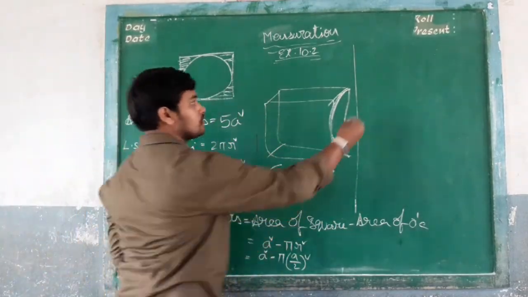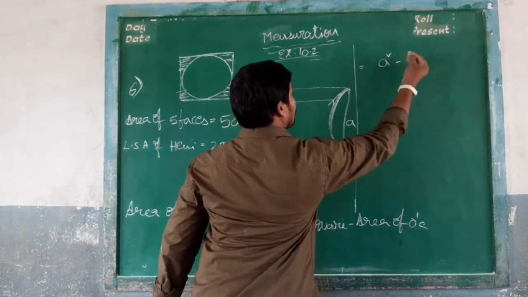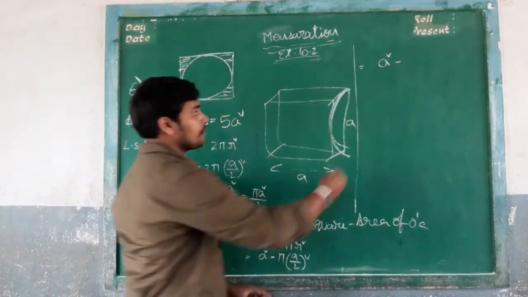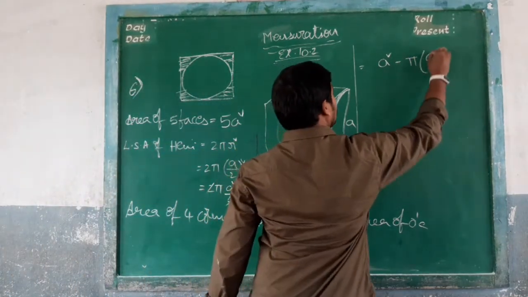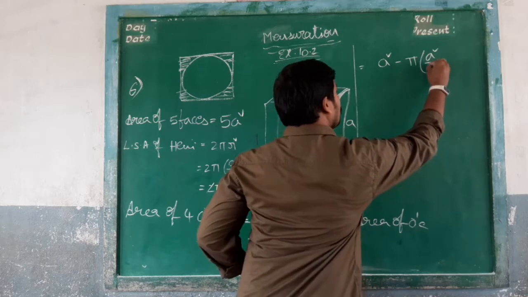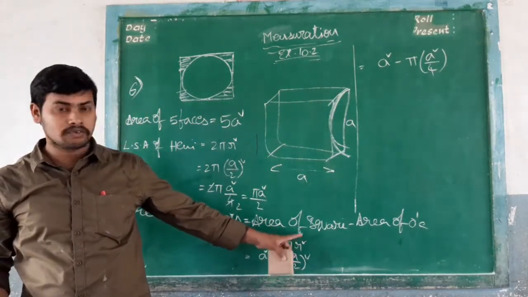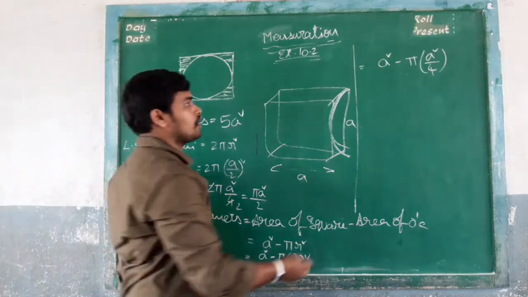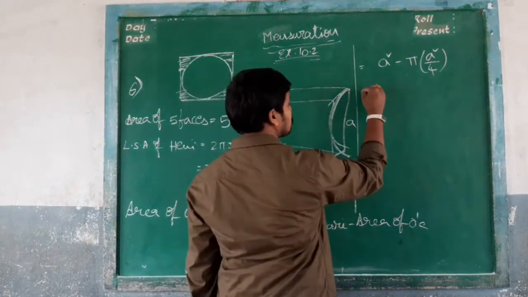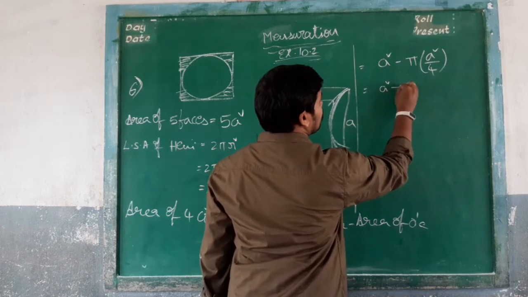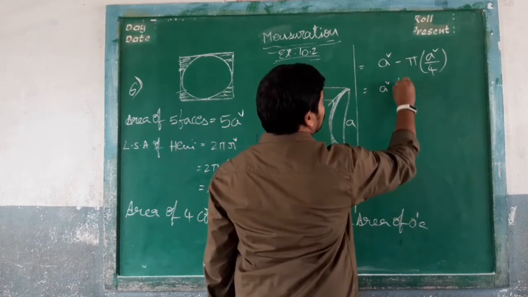a square minus pi a square by 4. Okay. a square minus pi a square by 4. What is the common value here? a square, a square plus a square